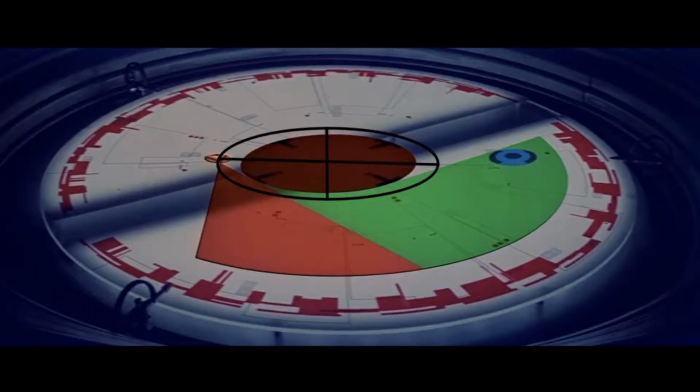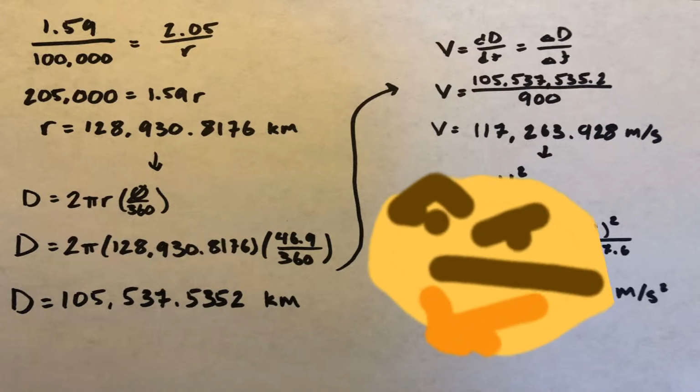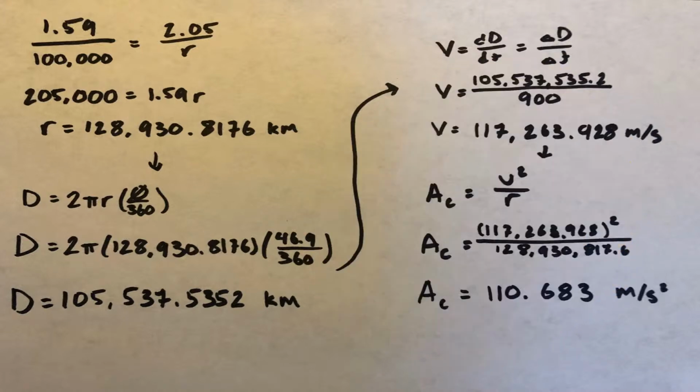Using an image from the Death Star, I was able to find out that the orbital radius of the Death Star was a shockingly low 128,930.8176 kilometers, which, given the fact that the radius of Yavin itself is only 100,000 kilometers, this would technically be within Yavin's atmosphere. But, ignoring that, I was able to figure out that the Death Star would have to travel